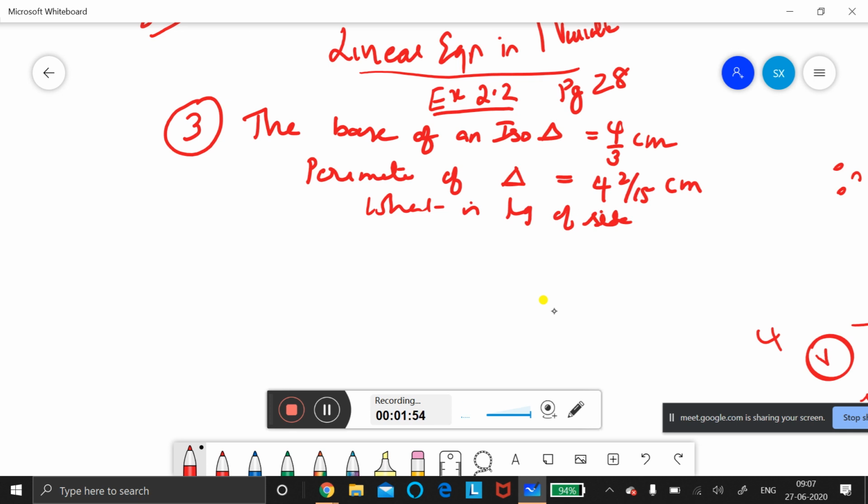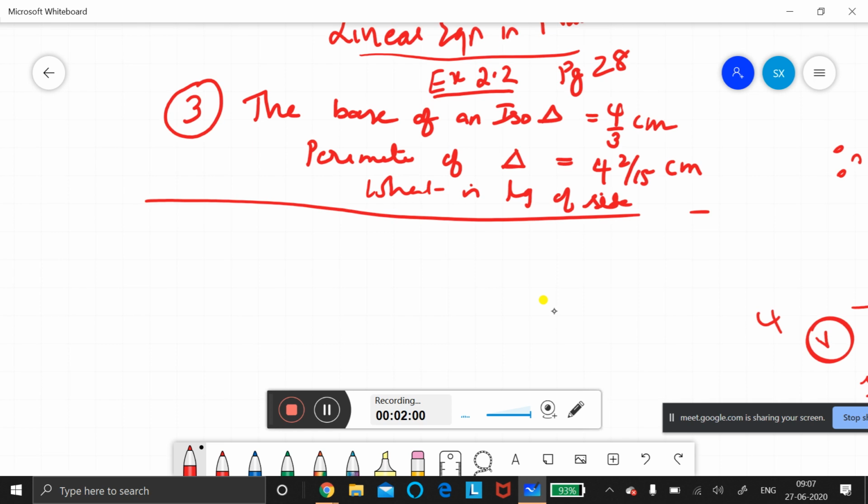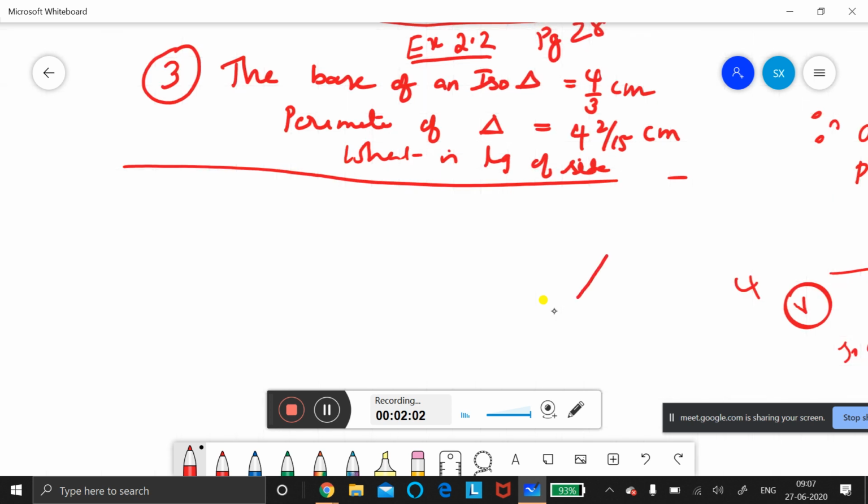Very good, very good. Now listen carefully. This is the question. First, what you should do in the answer, consider this is an isosceles triangle. So two sides are equal. Isosceles means what? Two sides are equal. This is different, and we will take that equal sides as x.